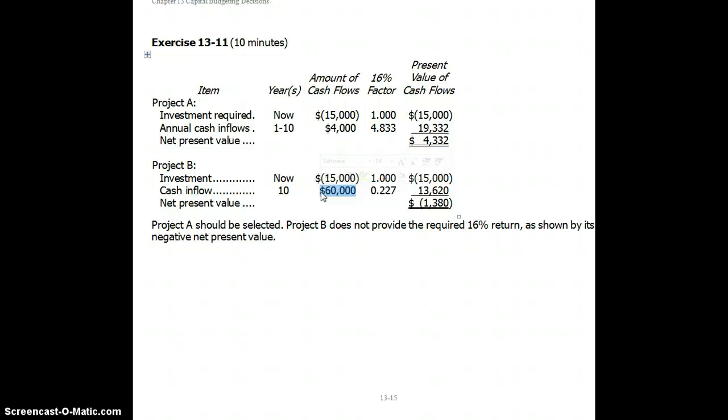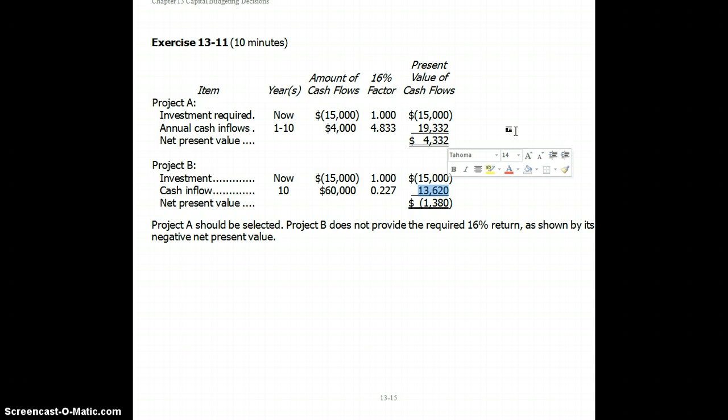Present value of a single amount on page 629, Exhibit 13B1. We would go across the top to 16%, down to 10 periods, because it's 10 years from now upon which we'll receive it, and we see the discount factor of 0.227. That 0.227 will be multiplied by $60,000 to give us the present value of that one-time $60,000 cash inflow, and that amounts to be